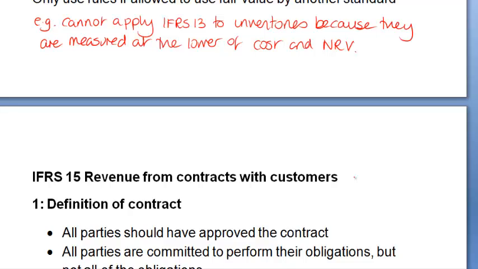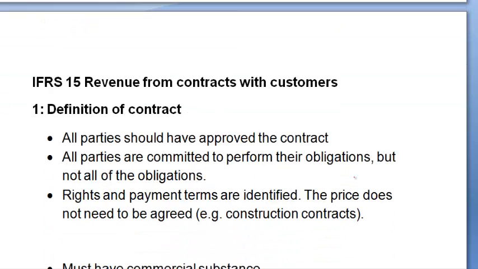And we now come to IFRS 15 on revenue. This replaces IAS 18. I think this is quite a high-risk topic. I would expect to see this examined somewhere in the course of the next 2 to 3 exams. Whether it's this one or the next one, I don't know. But this certainly is a high-risk topic. And the examiner has written 2 articles on contracts.